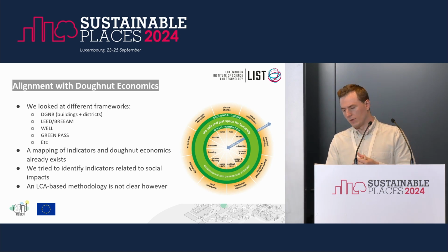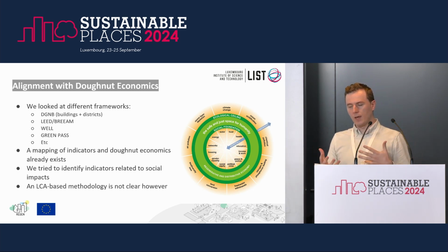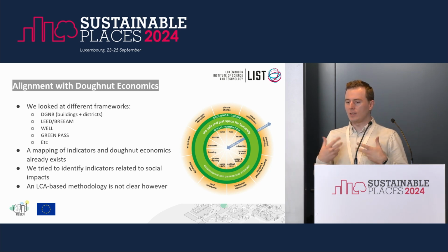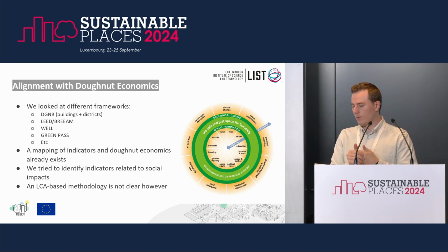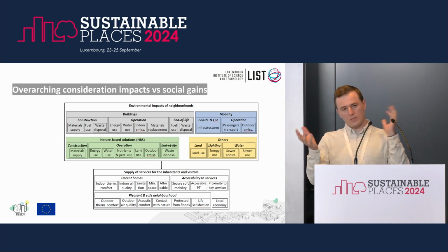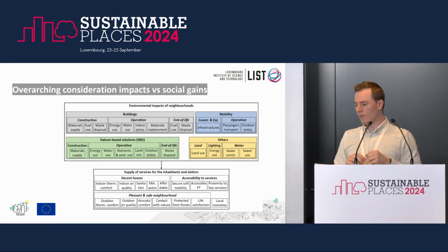and green certification schemes such as DGNB, LEED, BREEAM, WELL, Green Pass, and so on. We made a table and we tried to find the indicators, not specifically the ones that are related to environmental or materials, because there's plenty, but trying to see what other indicators might suggest that the city or the local environment is improving. And so far, from what we've noticed, I don't have the list of indicators, we're going through them, but here you can see in this diagram more or less the two sides of the scales, where on the top you have everything related to the environment, the consumption or use of materials,